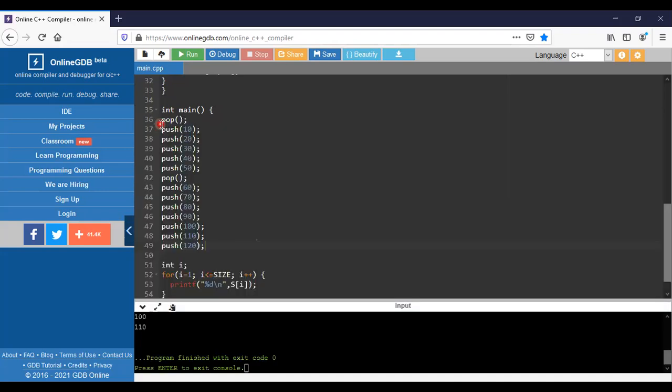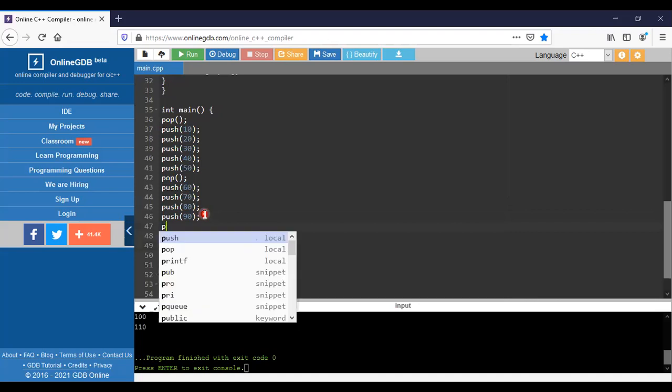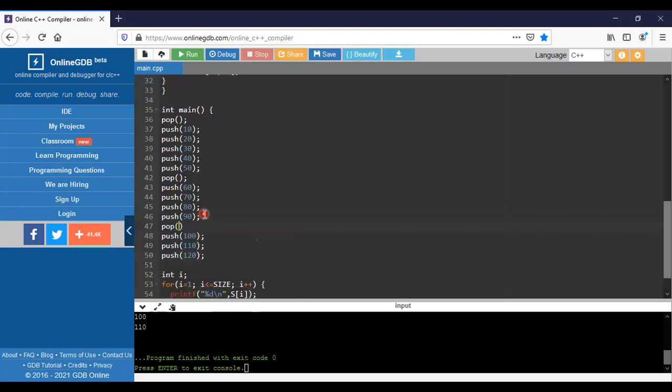If you choose the pop operation at any position, then it will insert 120.